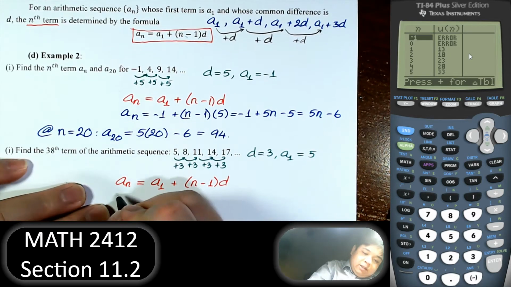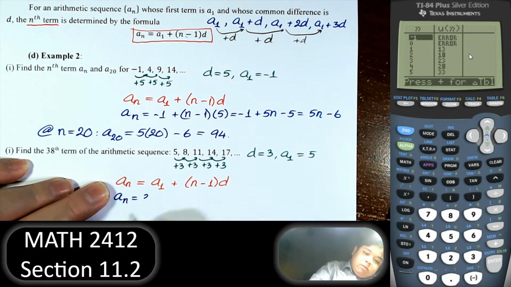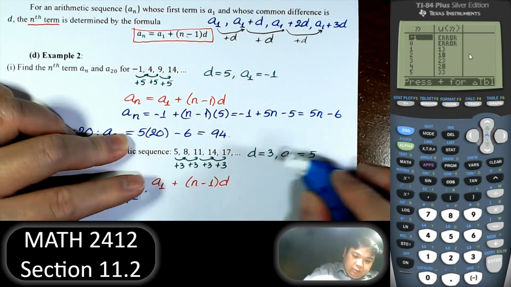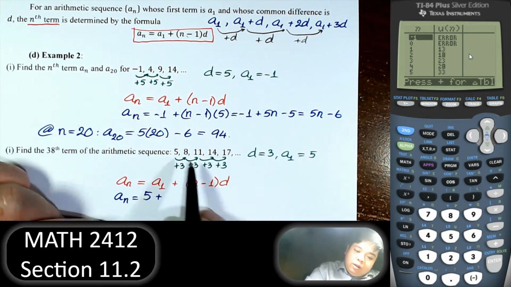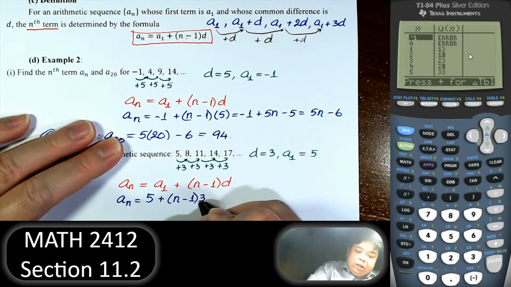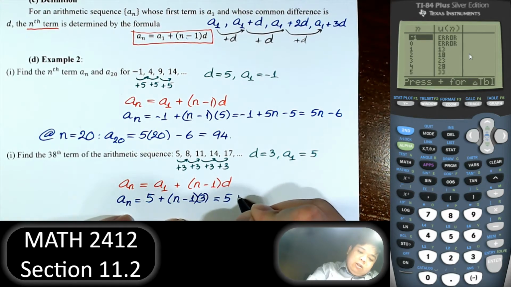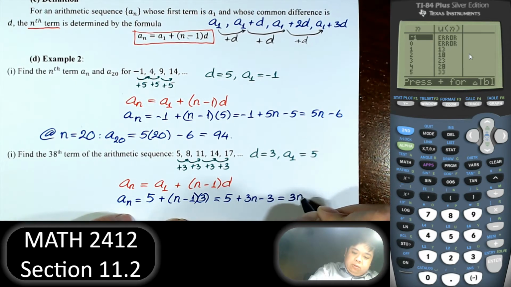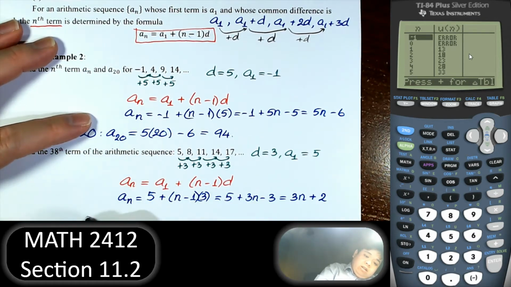A sub n equal to a1. The first term is 5. And then n minus 1 times the common difference of 3. Multiply them out. 3n plus 2. And now if we want the 38th term,